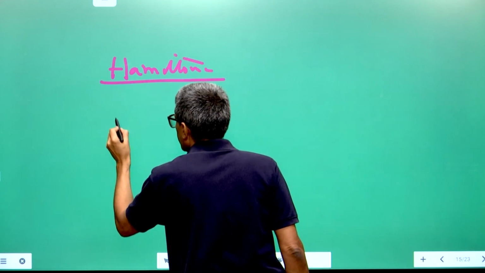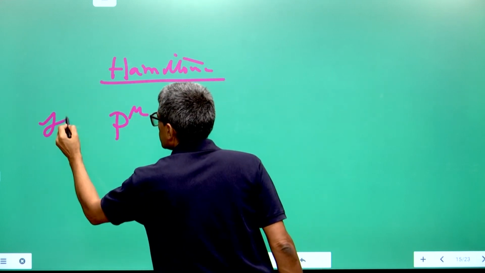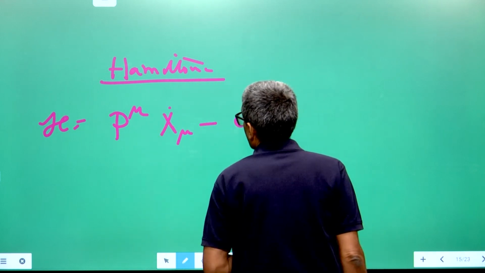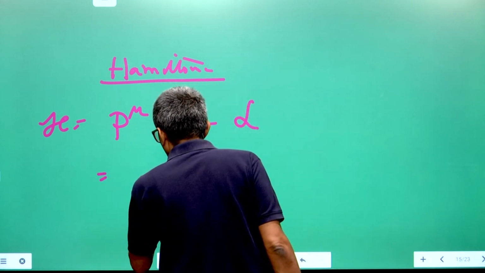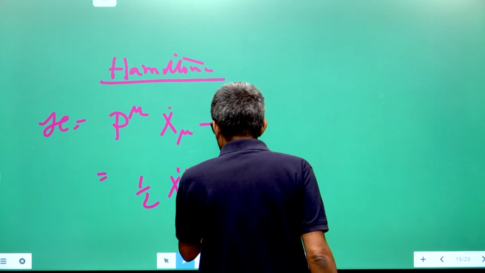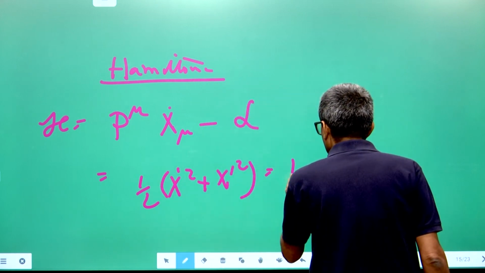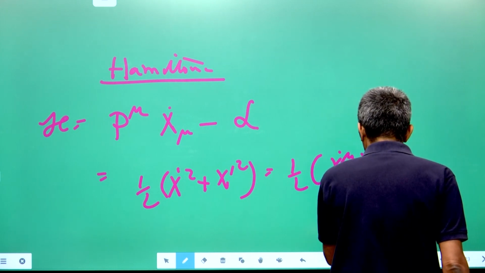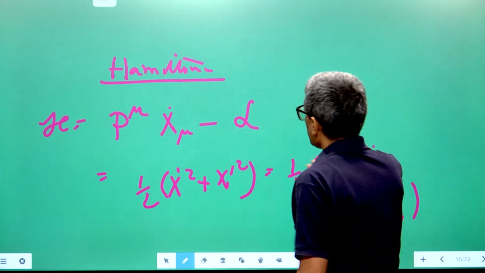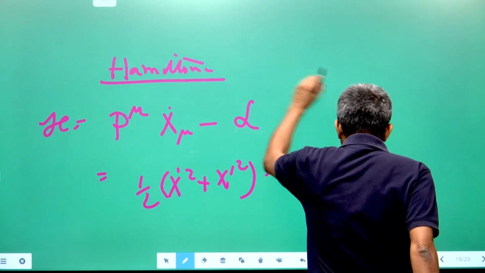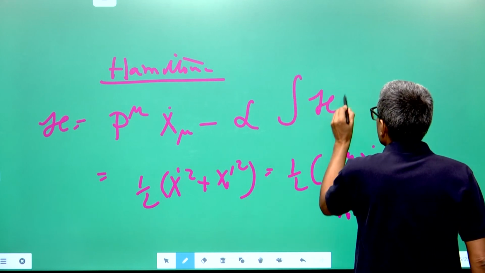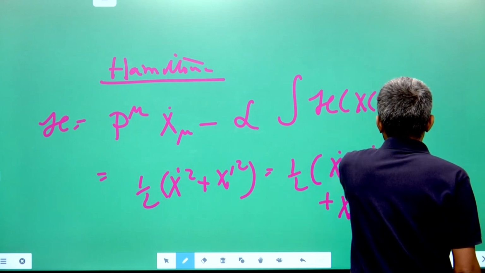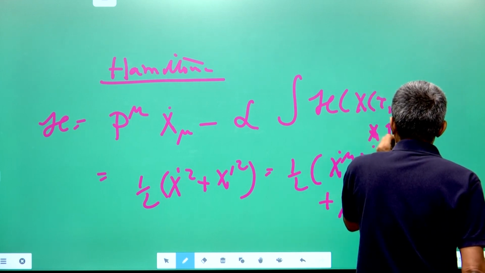What is the Hamiltonian? If you apply the Legendre transformation, the Hamiltonian density H is equal to p mu x nu dot minus L, and this will come out to be equal to simply half x dot square plus x dash square, or equivalently half of x mu dot plus x mu dash x mu dash. So, you get the Hamiltonian density, it is a function of x, tau and sigma, and also a function of x dot. You can write it as a function of p of tau sigma,